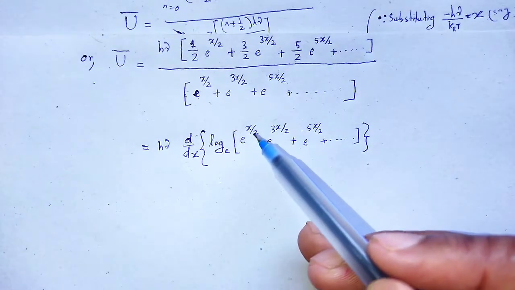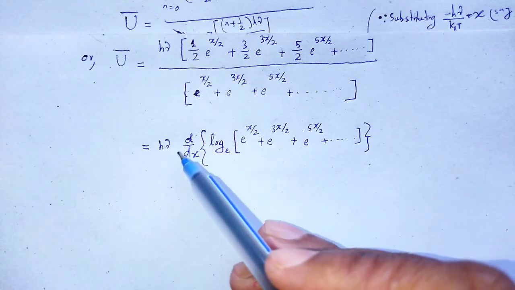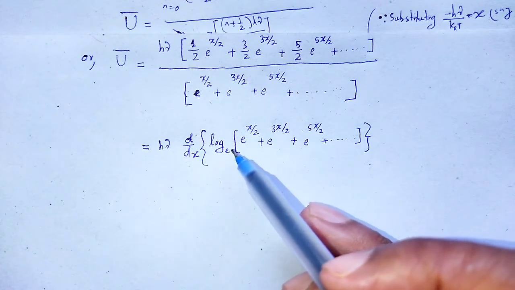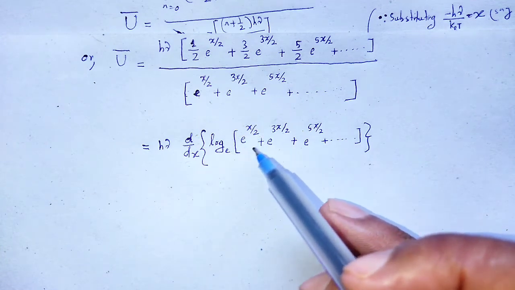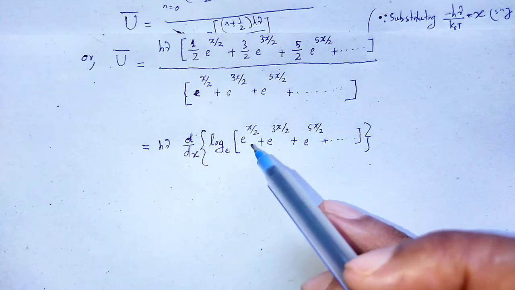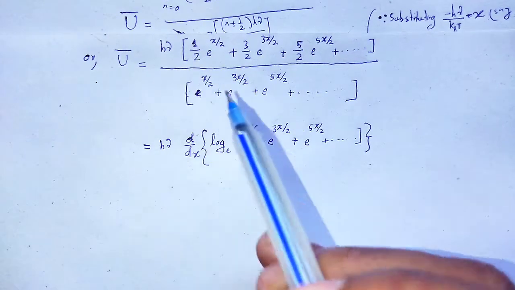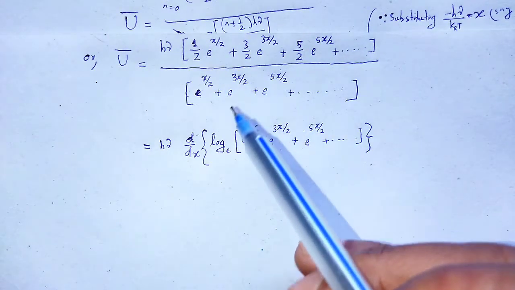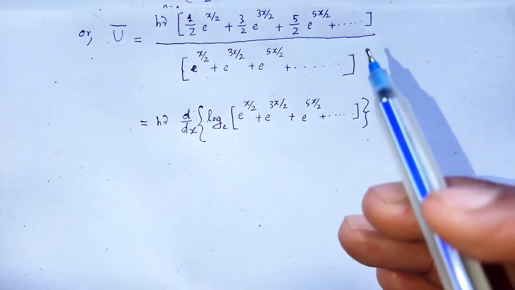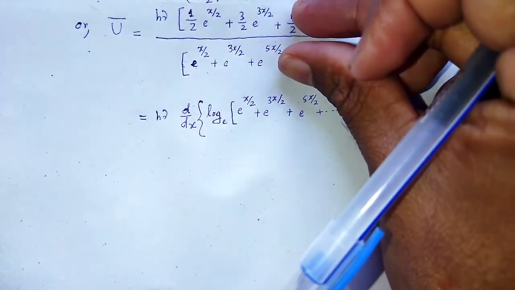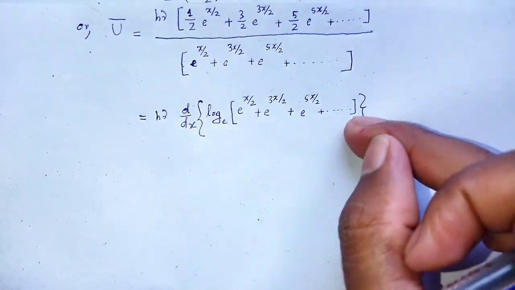Taking the first term, log of e to the power x by 2 of base e, when differentiated with respect to x, we have 1 divided by e to the power x by 2 into the derivative of e to the power x by 2, that is half e to the power x by 2. So that term is obtained. Similarly, the entire term we obtain by taking the differentiation of that particular term. So instead of that term, we write d by dx of log of this